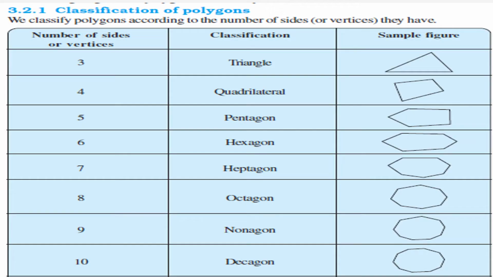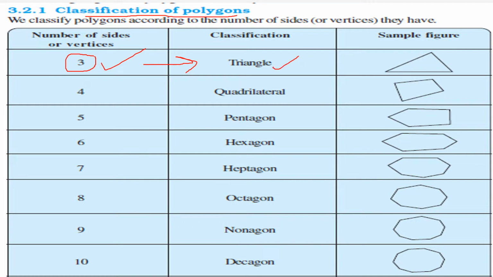I hope you understand. Now, then we have classification of polygons, in which we have to understand that the first figure that you can form using line segments is a triangle only. Now you will think why? Suppose you take two sides. Can you form a closed figure of that? No. The first figure that you can form using line segments is with 3 line segments. So minimum you need 3 line segments to form a polygon. So first polygon is a triangle. So polygon is a bigger group containing many figures, in which the first figure is a triangle.